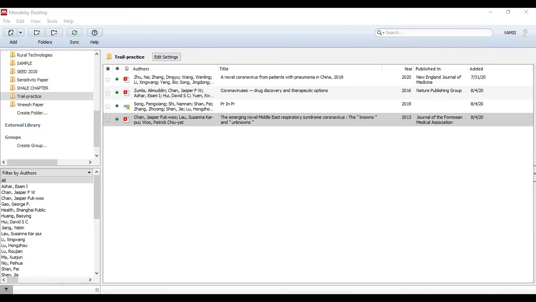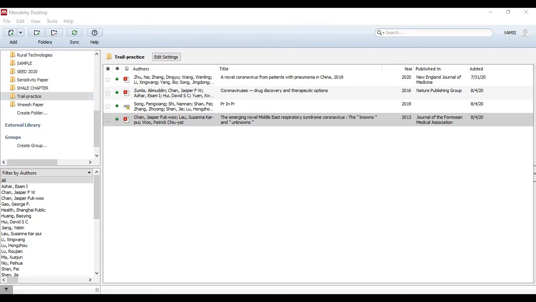Now if I want to publish my paper in some other journal, say IEEE journals, the format will be IEEE. For that I need to select IEEE here. That means go to style, click here and click on IEEE. Then my format will change automatically. If you look at your references 1, 2 and 3, initially it was different, now it has changed completely. This is the format of IEEE.